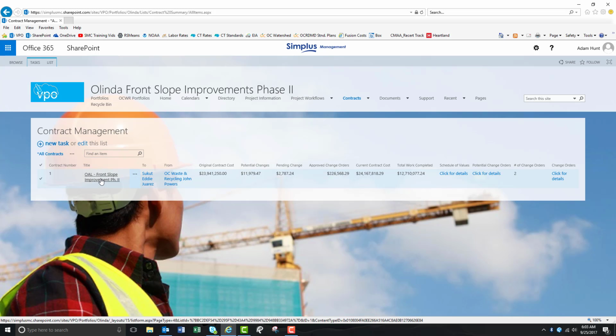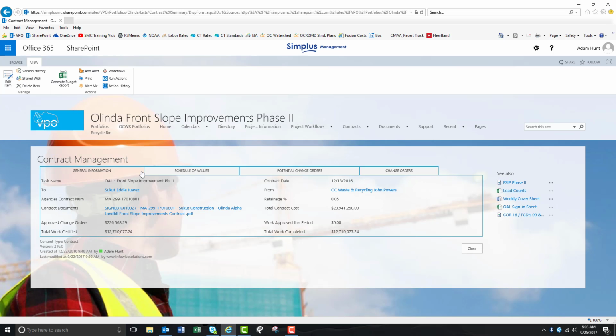Then you'll select your contract. And again, this brings you back to the general contracts page where you can enter in information, your schedule of values, PCOs, or change orders themselves. So if you click on the edit item button